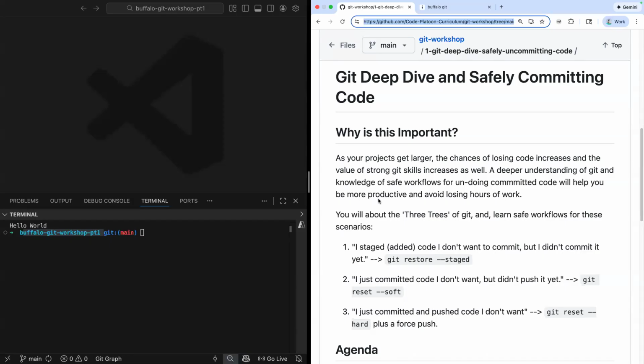All right. So this workshop today is on a deep dive into Git, and the focus is on safely committing code. What you all will find is as you get deeper into your personal projects and just in general with programming, projects get bigger, code gets bigger, you kind of get more in the zone. And what always ends up happening is I'm sort of on a late night coding run and I'm getting a